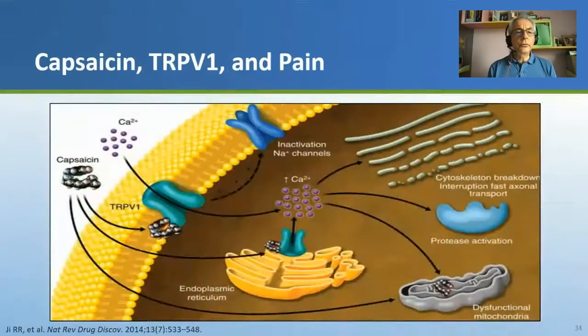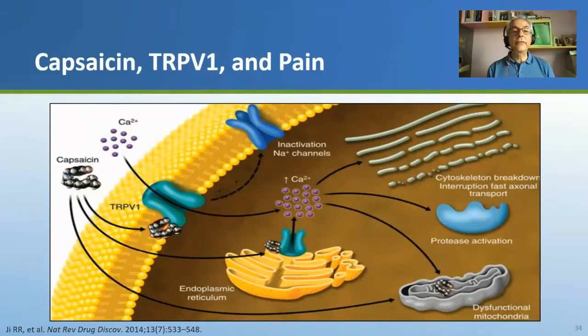So the second one is the TRP, the trans-capsaicin. TRPV1 is an ion channel involved in the transmission of the pain stimuli through nociceptive neurons. The capsaicin can modulate its channel, and after a brief period of activation, the capsaicin induces a long-term desensitization of the nociceptors related to calcium influx into the nociceptive nerve terminal.